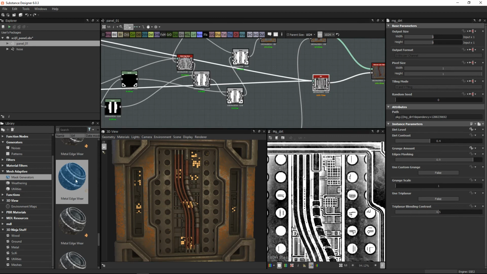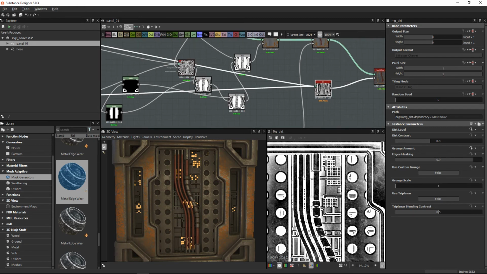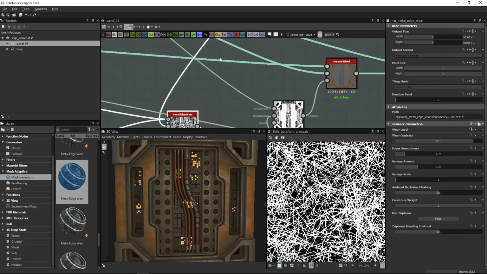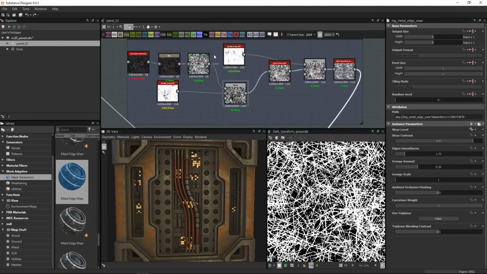Because like I said, when you use Metal Edgewear as a generator, it has two bitmaps embedded in it. So when you publish your substance, it's going to be larger. If you have a fully procedural substance, you want it to be like nothing, like 8 kilobytes. So instead, I enabled the grunge input so you can have a custom grunge input, and then up here I made my own using procedural nodes so that it bypassed that